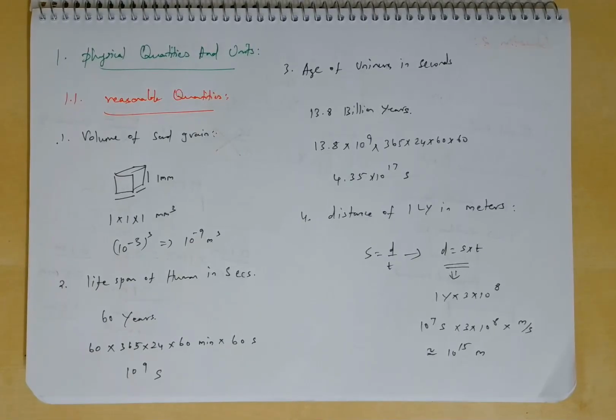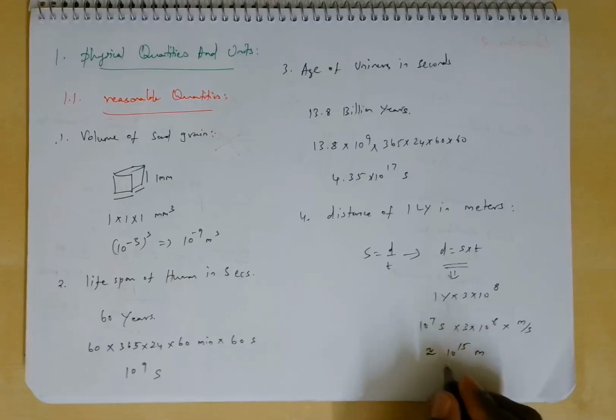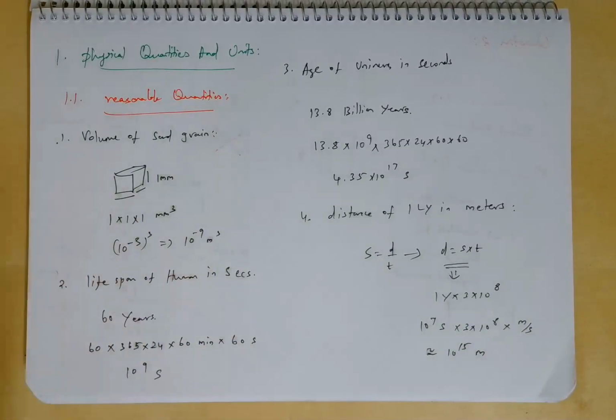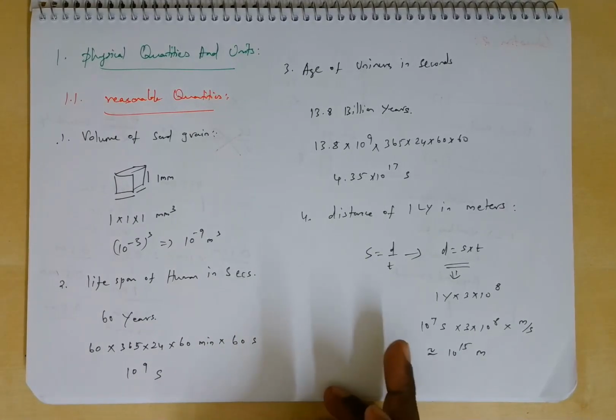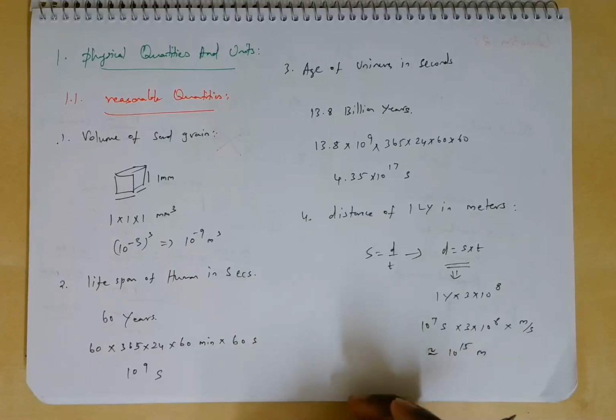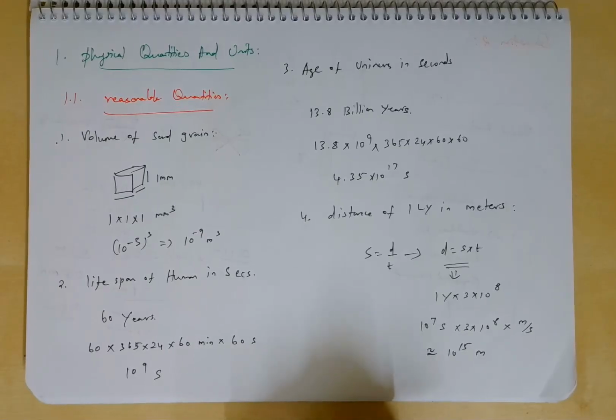They will ask, the actual value is 9 into 10 power 15 meters. So the other reasonable quantities that we need. This is just an example of how to calculate the largest things or smallest things. So it's not literally limited to something. For example, they can ask